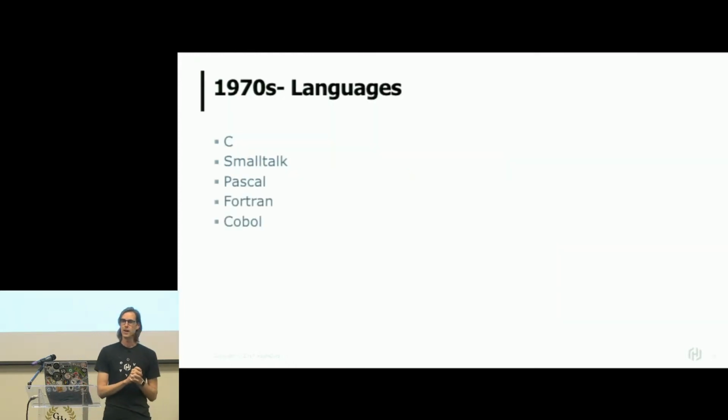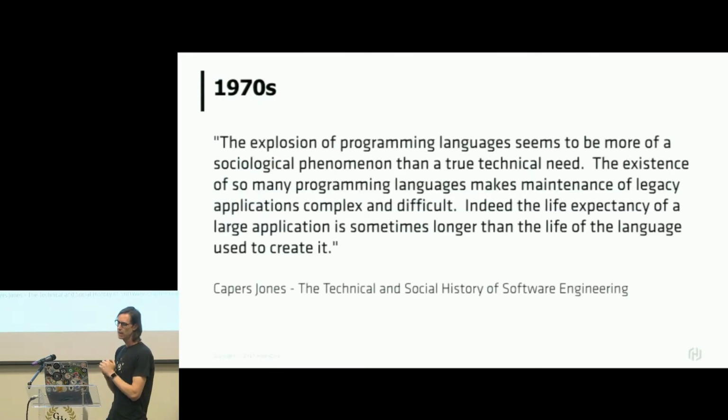So we started to look at the languages that are used, and we've got things like C and Smalltalk, Pascal, Fortran. A few of them are still familiar. I mean, C is still predominantly used. If you look at some of the statistics, it's still one of the most popular languages, certainly around embedded computing. And they started to have this explosion in languages.